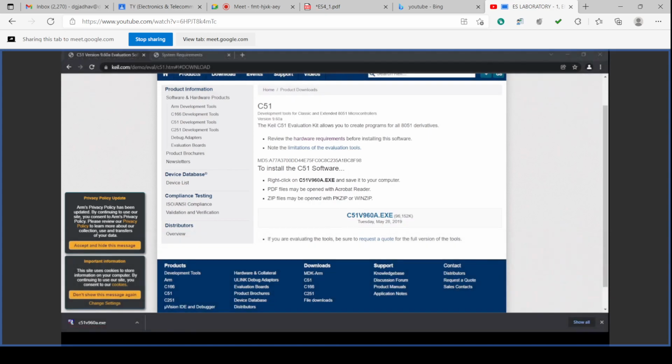So these release notes are available in C:\Keil_v5\C51\HLP\release notes.htm. So in my system, in this system where I have installed this package, in the same system where the package is installed in